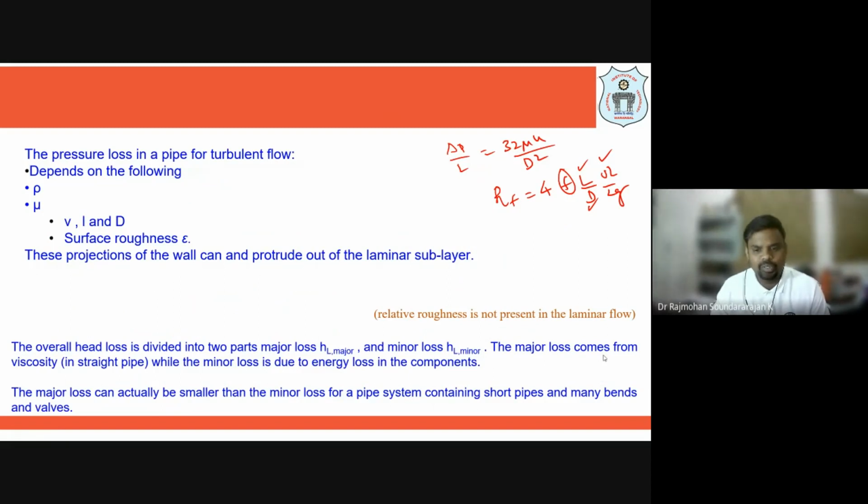One is major loss and the other is minor loss. The major loss comes from the viscosity in the pipeline, whereas the minor loss comes due to energy losses in the components, like due to fittings, due to valves present there, due to sudden expansion or sudden contraction that comes into the picture. Remember, you cannot lay a pipeline from the gas station to your home with a single straight pipeline, right? It's not like Google Maps finding the distance only, where it will show straight how much the distance is. But if you have to take the actual route, the kilometers are going to vary, right? So in the same way here also, we are going to have different losses coming into the picture.